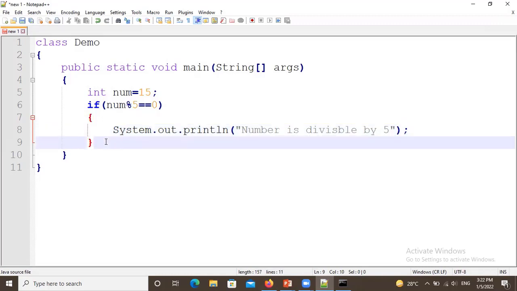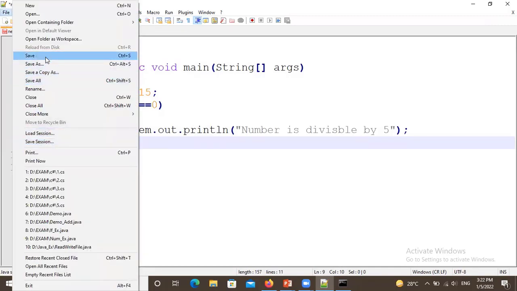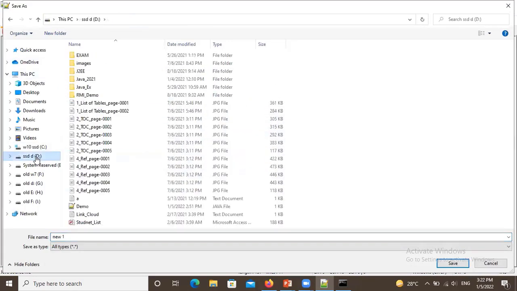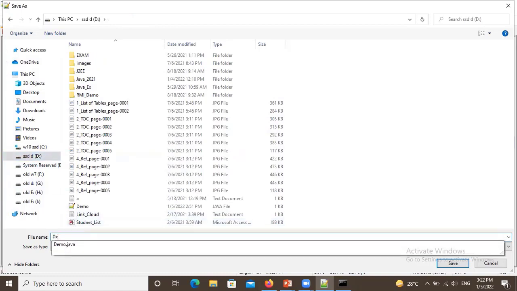So this is the example of a simple if statement. Now save the file. We are going to save this file in the D drive. You can choose your own location. So here it is the D drive. The name of the class is demo.java.